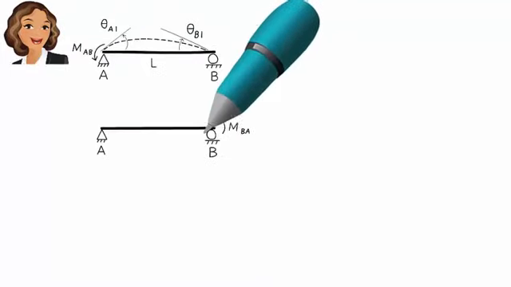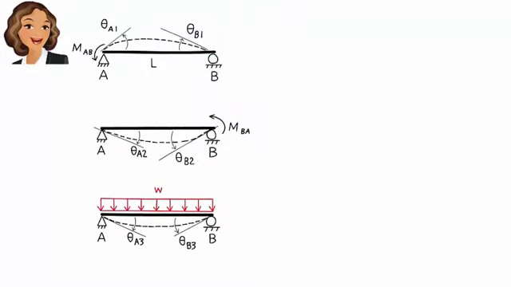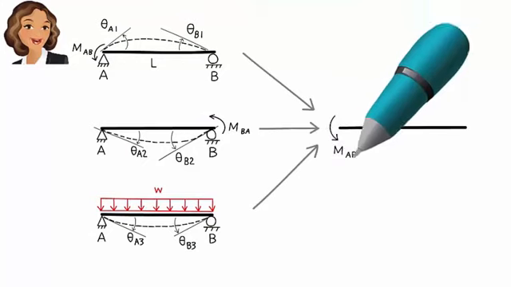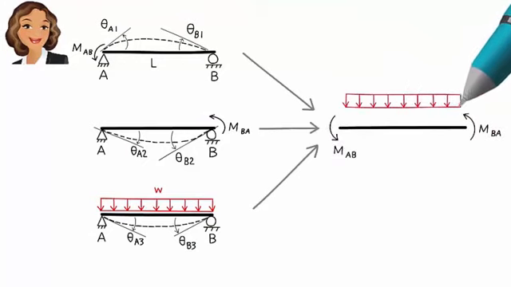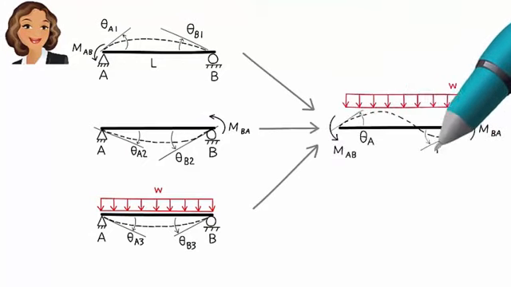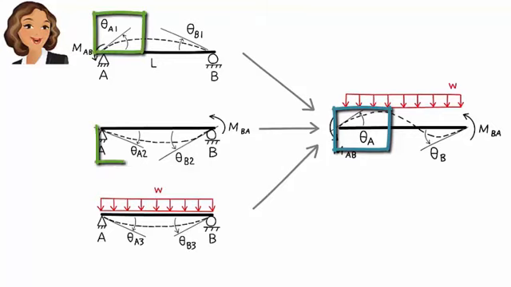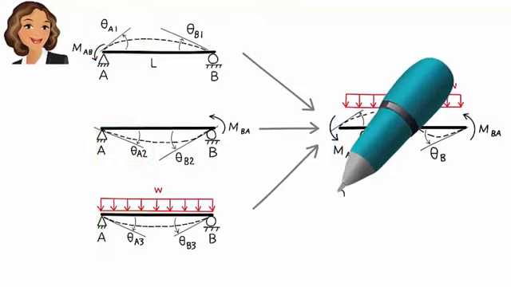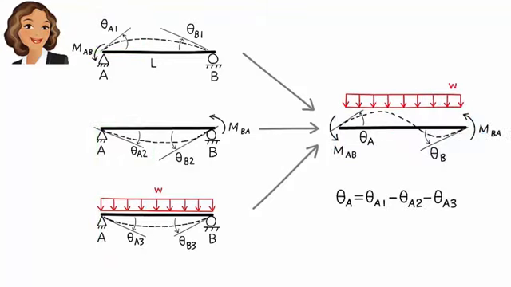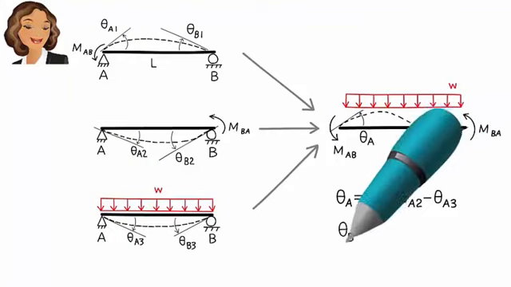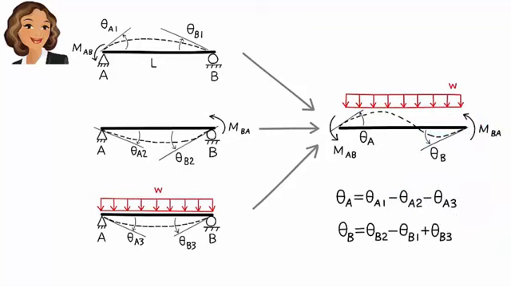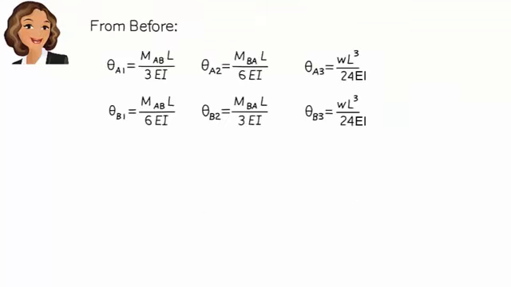Here is a summary of the three loading cases. If we superimpose these diagrams, we get this diagram. This means rotation A here equals the sum of these three rotations, or similarly, rotation at B can be written as, in the expanded form, these equations become